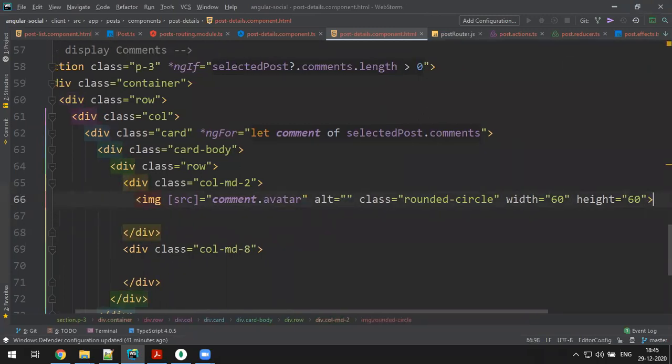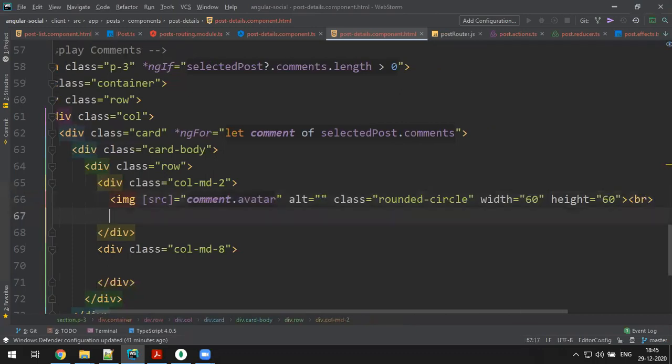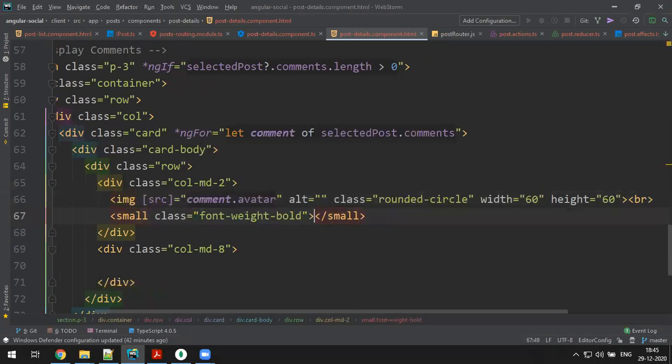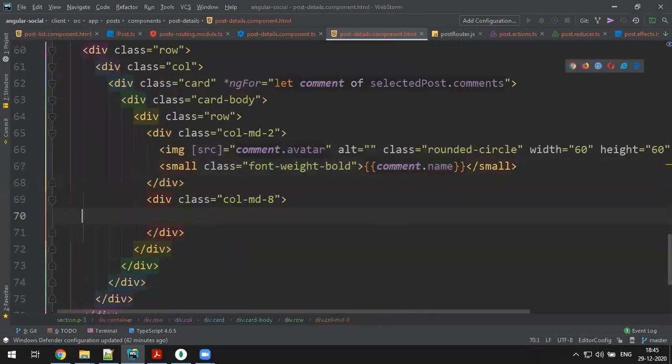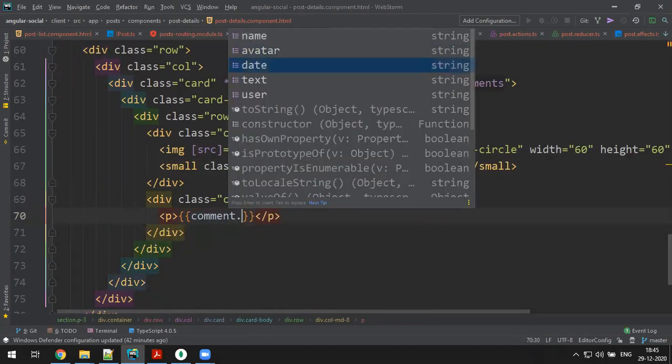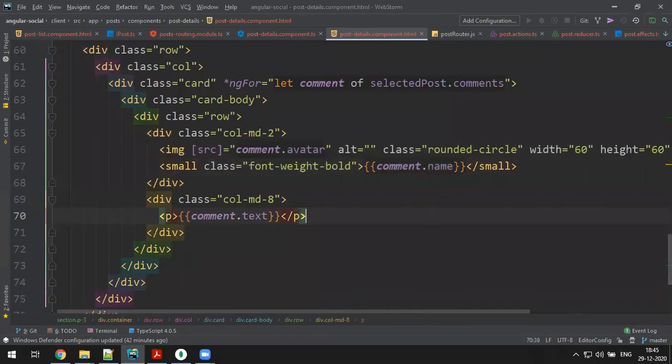What else? One br tag, one small tag. Let's say the class font-weight-bold. The name of the person who made the comment is comment.name, and the comment he made goes in a p tag, with the expression comment.text.